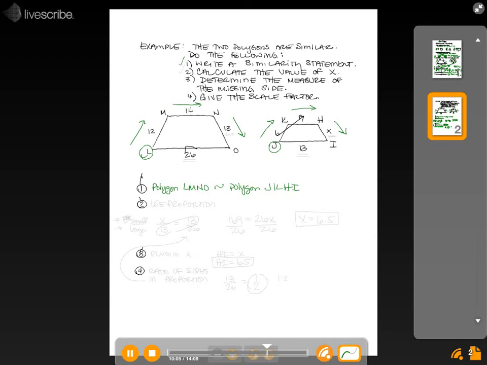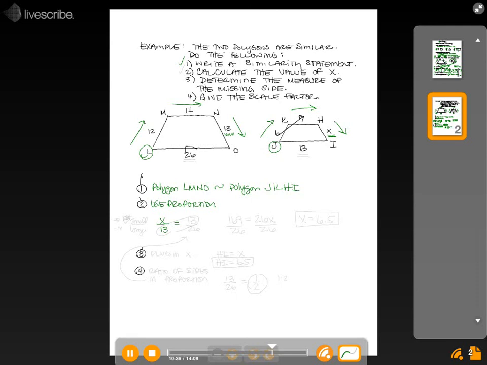Number 2 now. We've done number 1. Number 2, calculate the value of x. To do that, we're going to use a proportion. We're going to set up a proportion between sides, and we're going to figure out the value of x. Notice that our x is here. So that's going to be the first thing we write down. X over, and we want it to correspond to whatever side in the other figure, which ends up being 13,